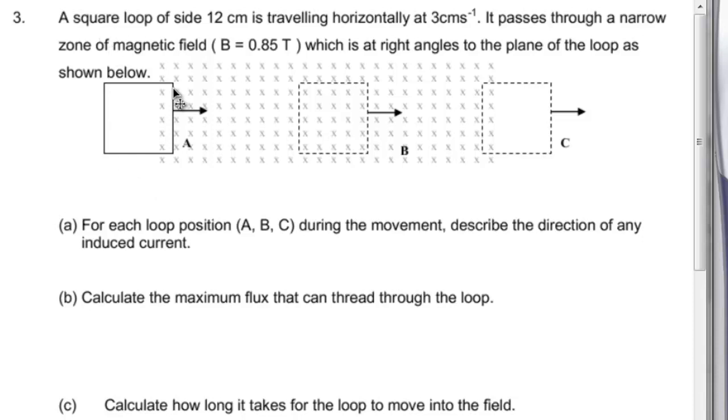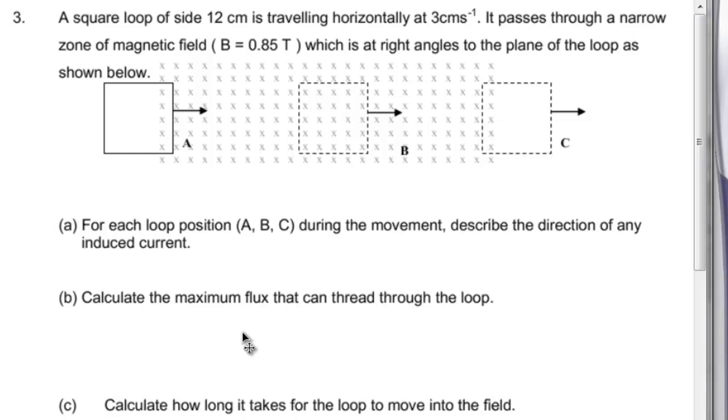Question number 3. A square loop of sides 12 centimeters is traveling at 3 centimeters per second. It is passing through a narrow zone of magnetic field over here with magnetic field strength of 0.85 Tesla, which is at right angles. The crosses, we can think of the arrow: the arrow head would be a dot coming out of the page, so a cross is the arrow tail going into the page. A, for each loop position A, B, and C during the movement, describe the direction of